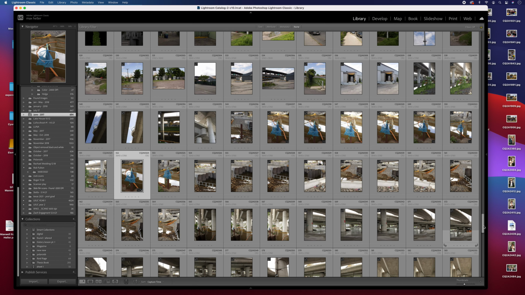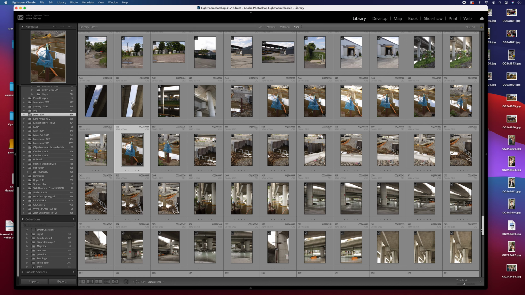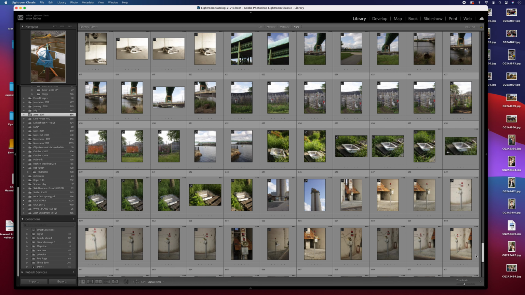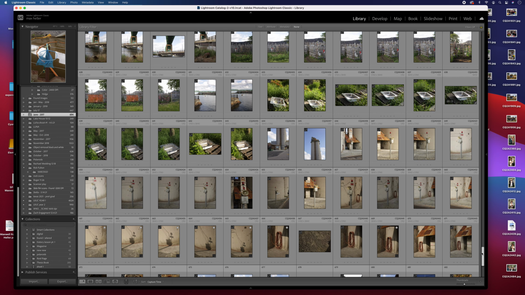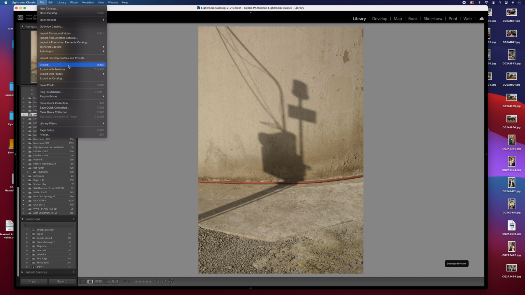Okay, here I am in Lightroom. Just gonna find an image here that I feel like using. Let's see. I'm gonna go with this one. No. This one. Okay. Here we are. Gonna go up to File, Export,